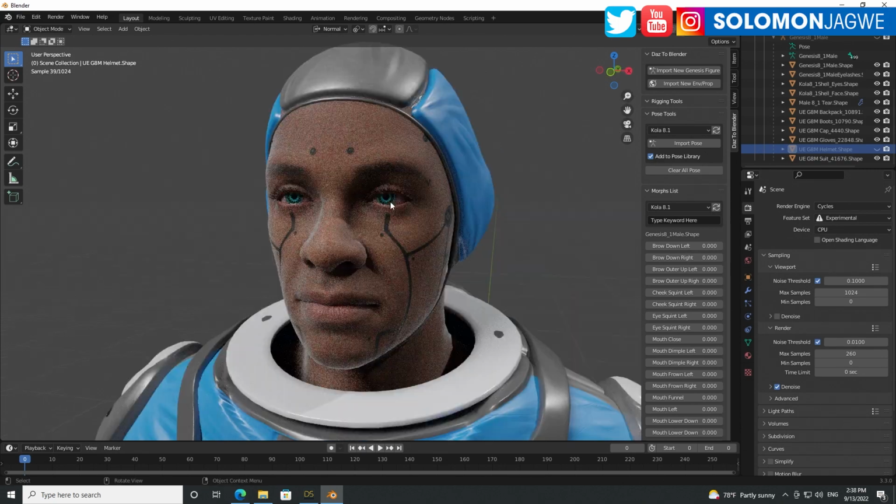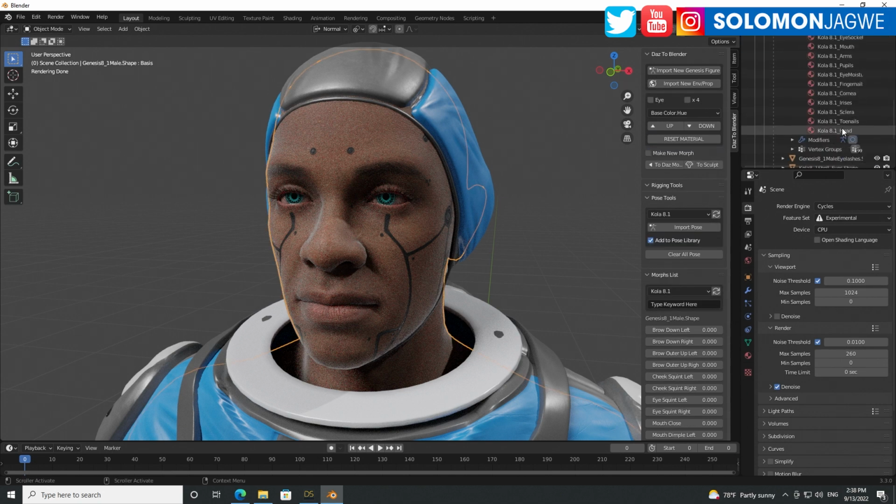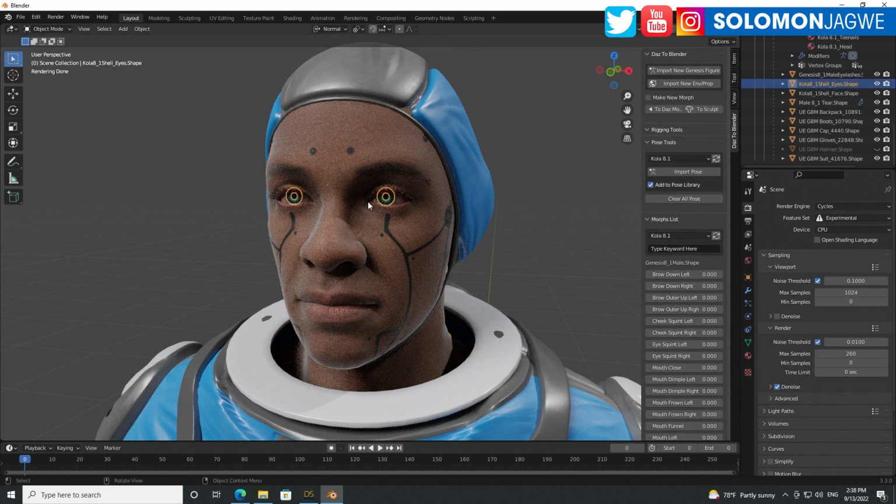Okay. If you want to replicate some of the glowing part of it, you would need to convert this material to an emissive material. And so the way you do that, simply go to the shape over here for the Genesis body. Let's go down a little bit. Okay, eyes shape. This is because these are shells that have been added. They're not the typical eyes that you see. So if you want to change the eyes to make them glow, we need to expand that.